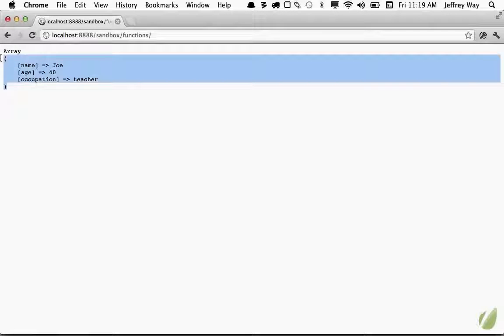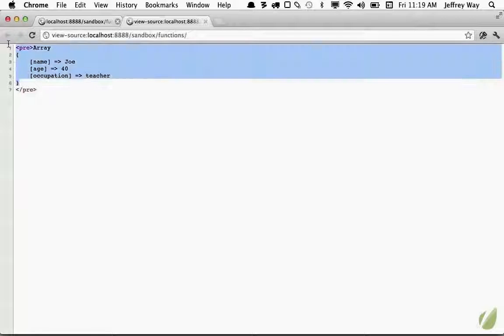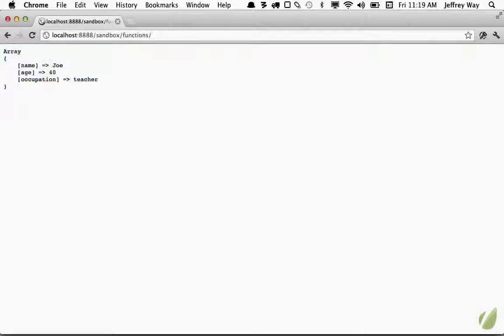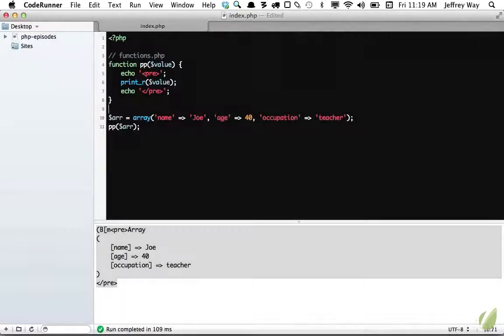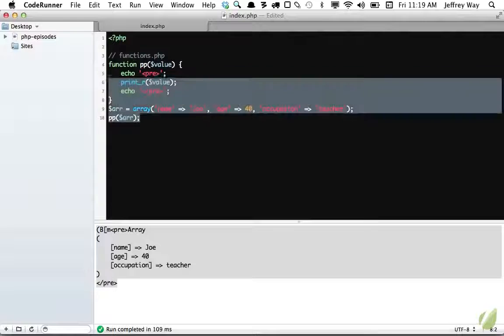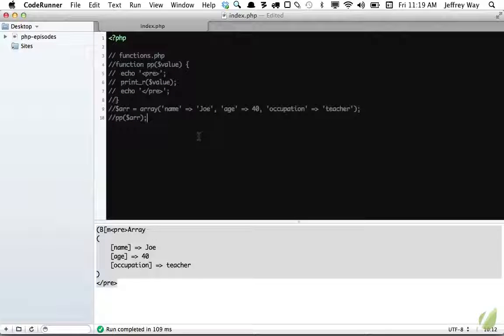And if I view it in the browser, now we're getting that formatting because we specified that. So there's your first reusable function. So let's consider our next example. I'm going to move all of these up, and we're going to comment them out so you can use them with the downloadable source. All right, so the next one we're going to do is we're going to create our